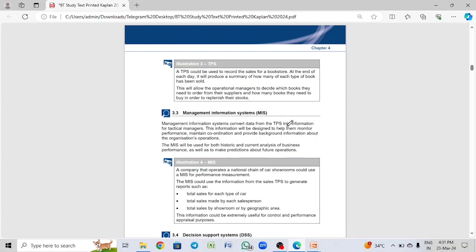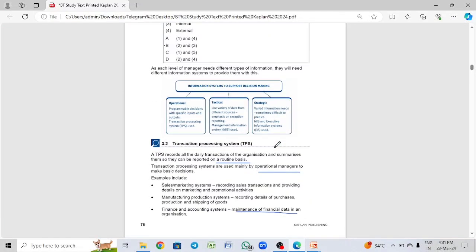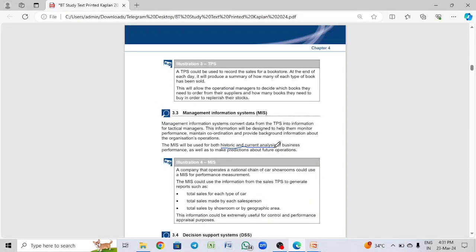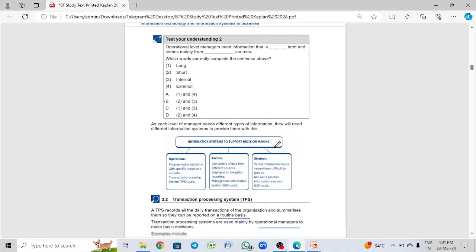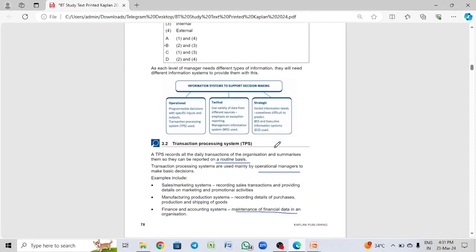Okay, this information will be designed to help them to monitor the performance, maintain coordination, and provide the background information about the organization's operations. Okay, now it uses both the historic data as well as the current analysis. Okay, it has both the historic as well as the current. Why does the TPS have current data? Okay, because the historic data is already there in the MIS and will be used by the tactical level managers, whereas the TPS level managers have no use of the historic data. They just need the day to day information, right? So